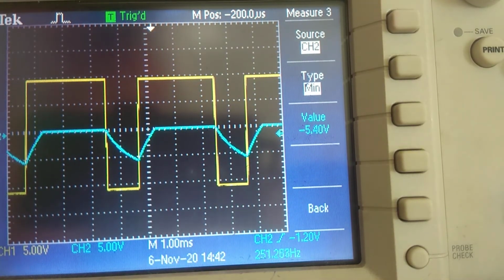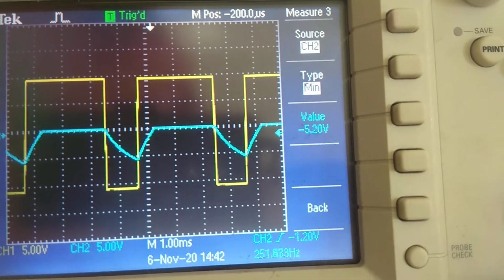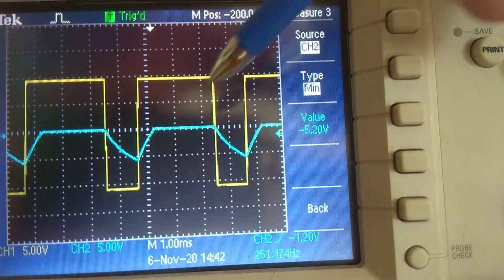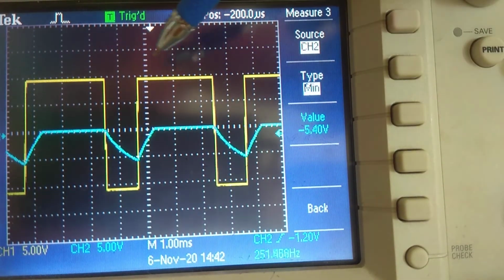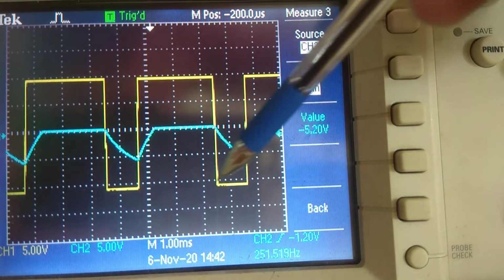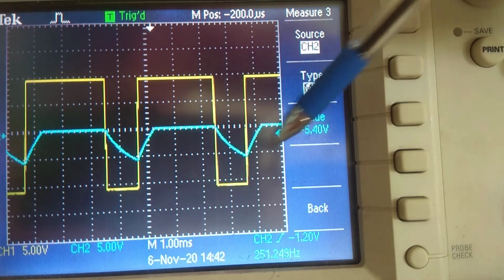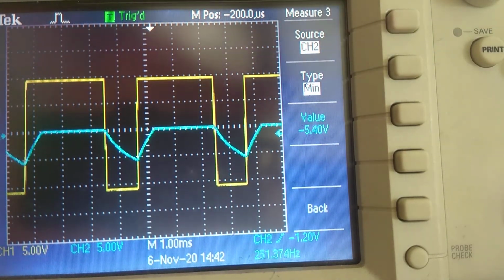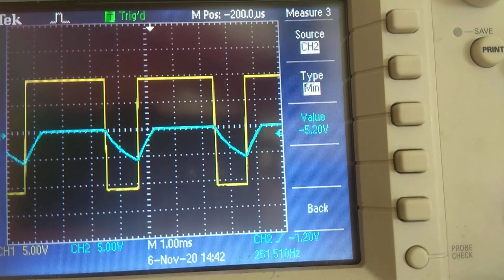So this is all about the monostable multivibrator using op amp. Now why is it called monostable? Because one state is stable. See, only one state is stable, the other state is unstable for a small period of time. So this was all about the monostable multivibrator using op amp.